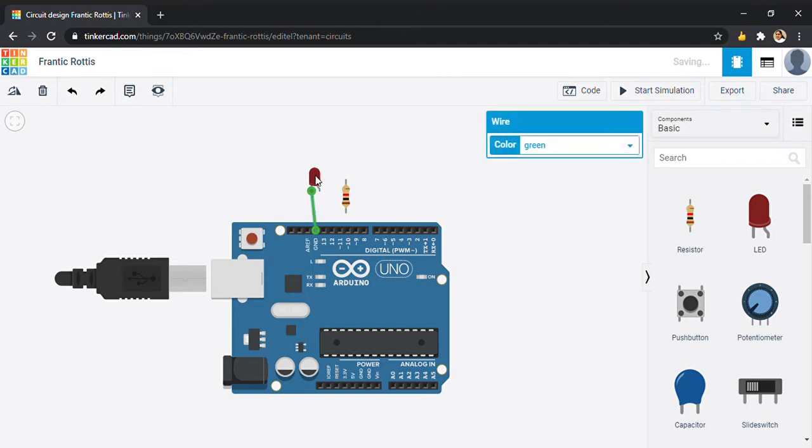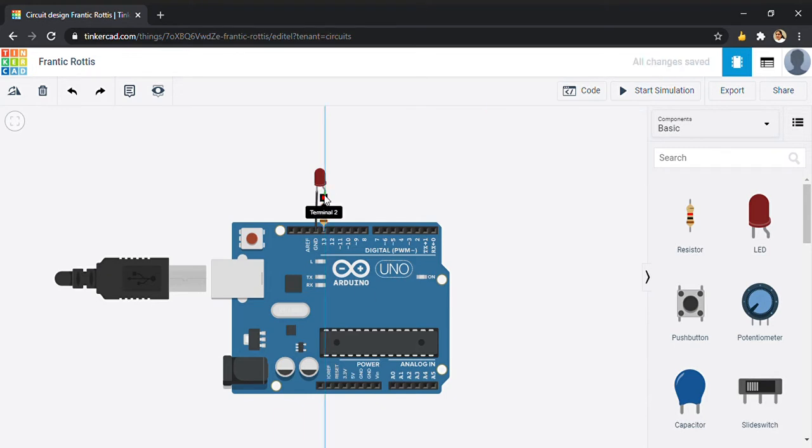So let's do this. Drag it to make it a little bit straighter. Always color it black. And then connect the pin to the resistor here. You can go back to 100 ohm and connect the anode to the terminal here. You can keep that green if you want. And that is all there is to making the circuit for this one.